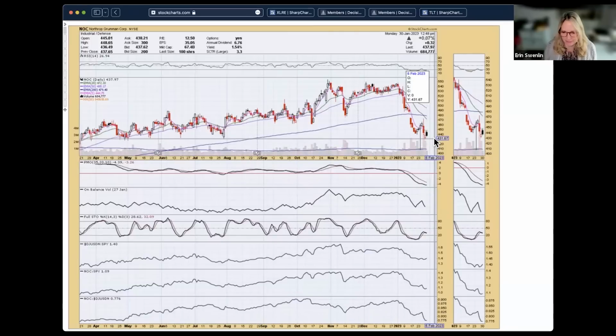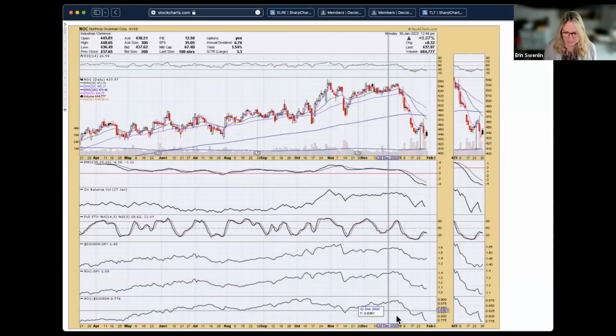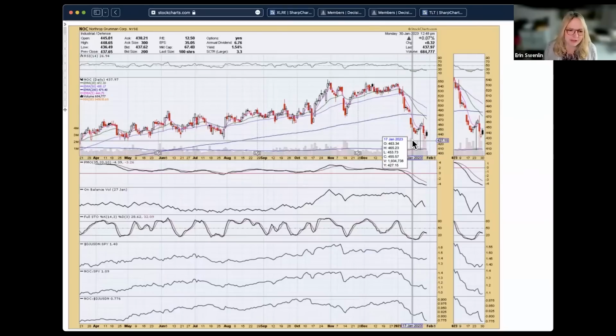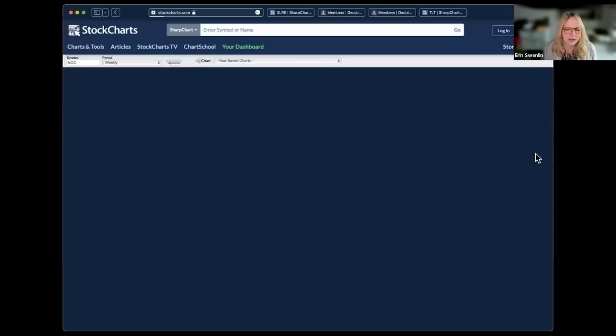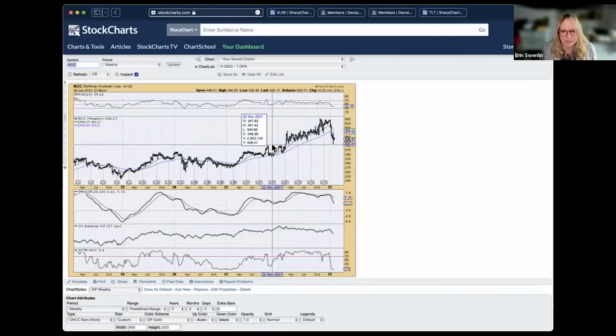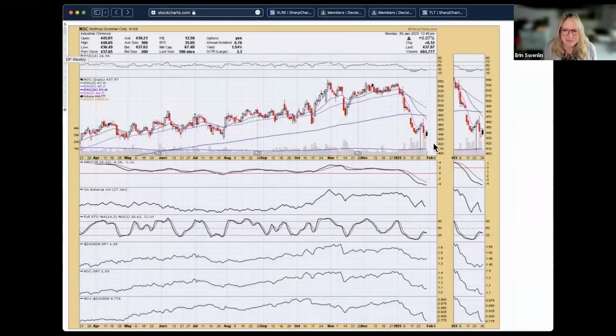I can see why you're looking at this as a reversal candidate off this strong support, but I don't know that the weakness is over yet based on what I'm seeing under the surface here. So I would be very careful on this one if you're going in for a reversal. If we look at the DP weekly, yeah, this is a really strong area for a reversal. So again, I get it. But the price doesn't look healthy enough to get in right now on this reversal. I need to see more proof underneath that we're going to get that price rise off of these lows. And I just don't see anything to tell me that that's going to happen.